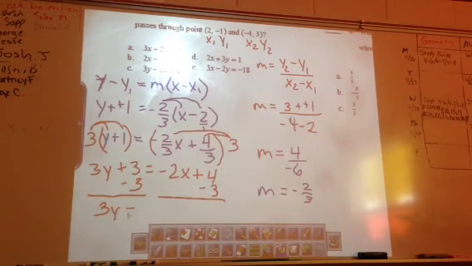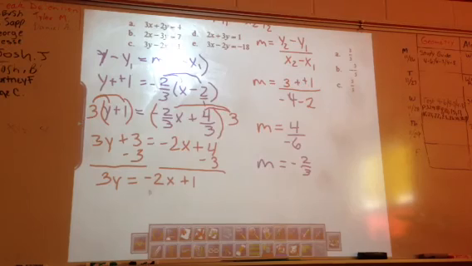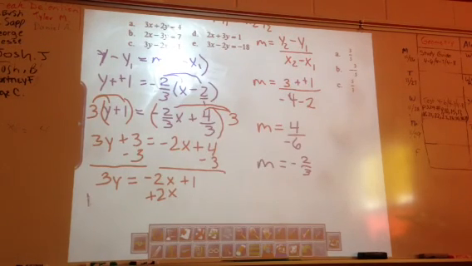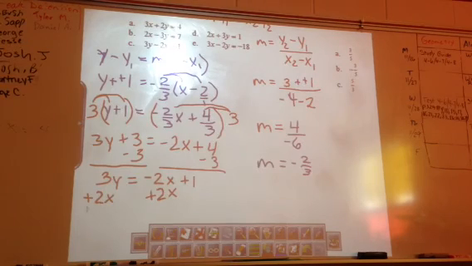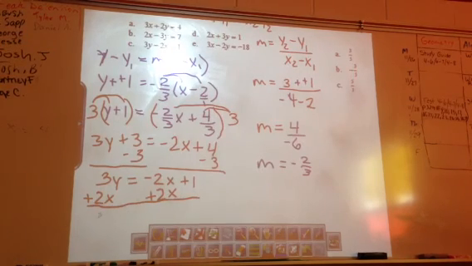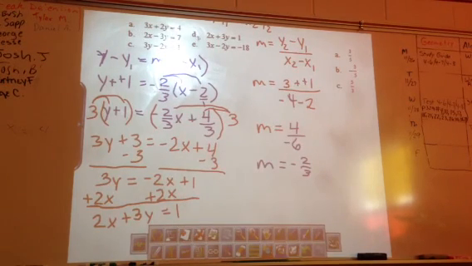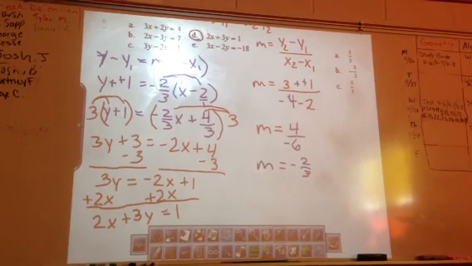So we got 3y equals -2x plus 1. Now to get our x's over there, we'll add 2x to each side. We're going to put our x's first because we want it in standard form. That's how all of our answer choices are. So 2x plus 3y equals 1. 2x plus 3y equals 1, so our answer is